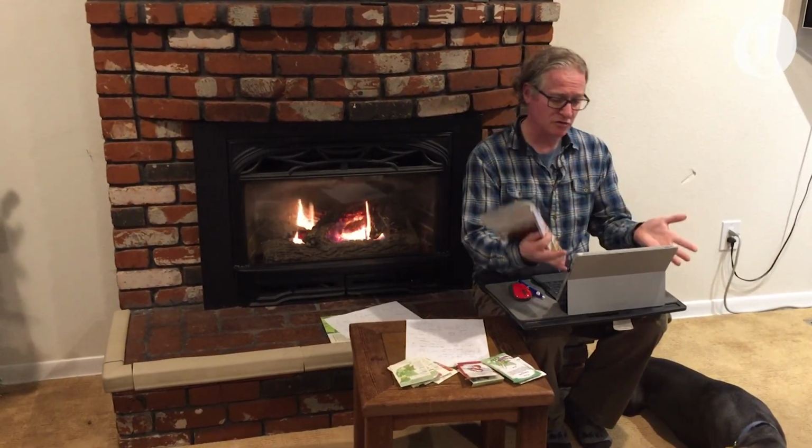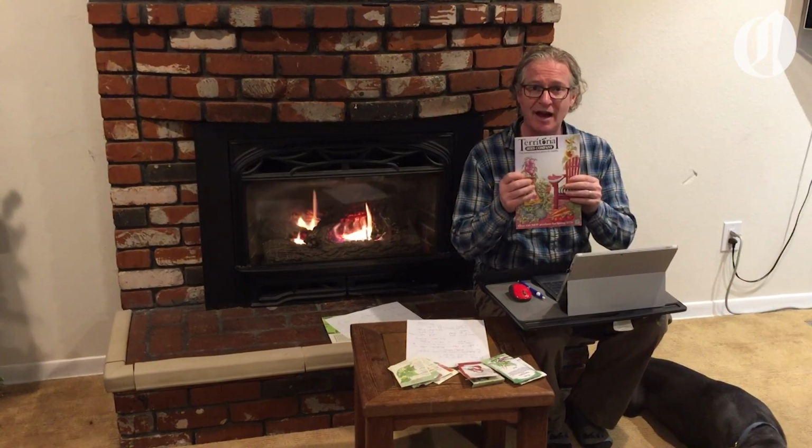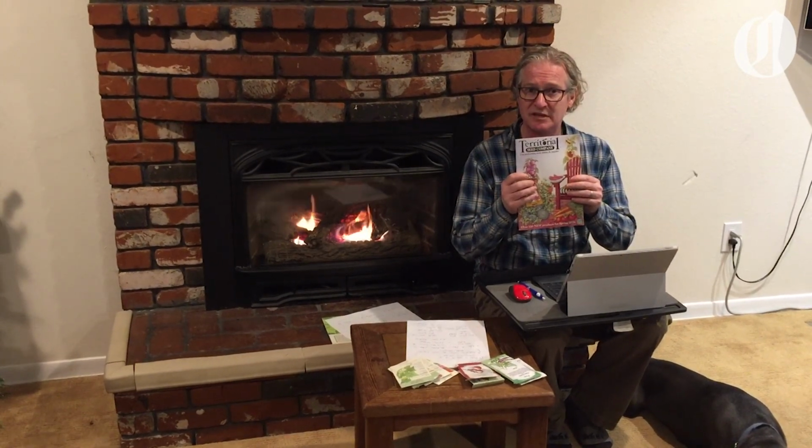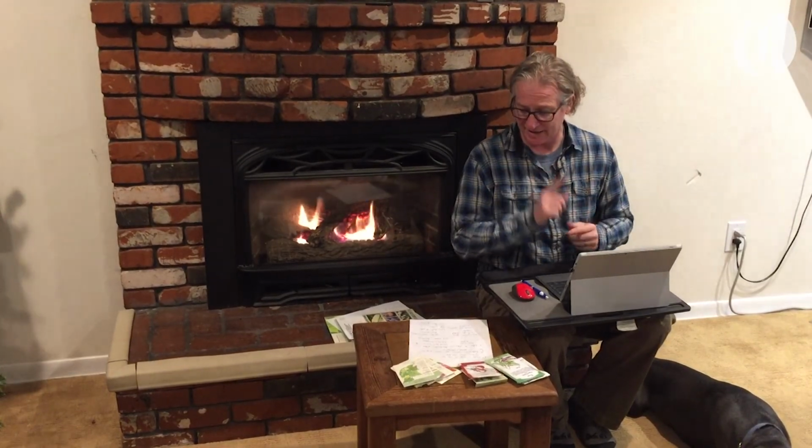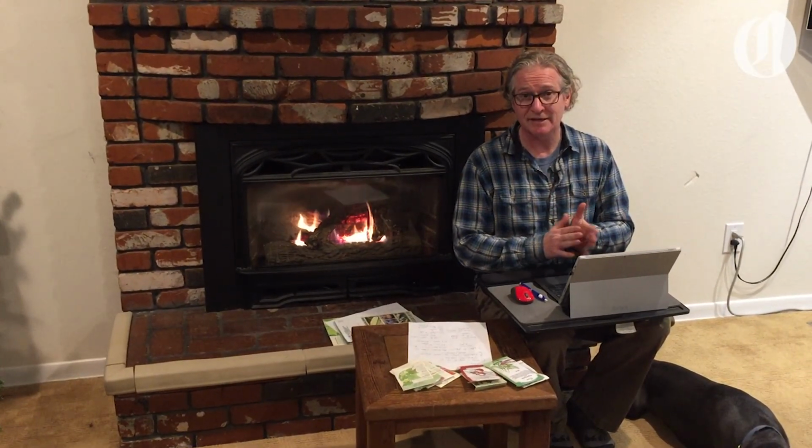Next, you'll want to determine what you grow. Use seed catalogs or your computer to find the different varieties of vegetables that you want to grow. Then you'll want to sit down and do some really careful planning. You want to determine what to plant, when to plant it, how much to plant, and also how long you'll have until you harvest that crop, so then you know when you can follow up by planting another vegetable crop